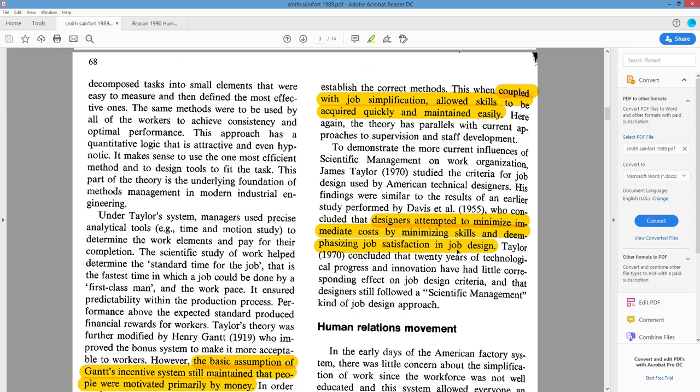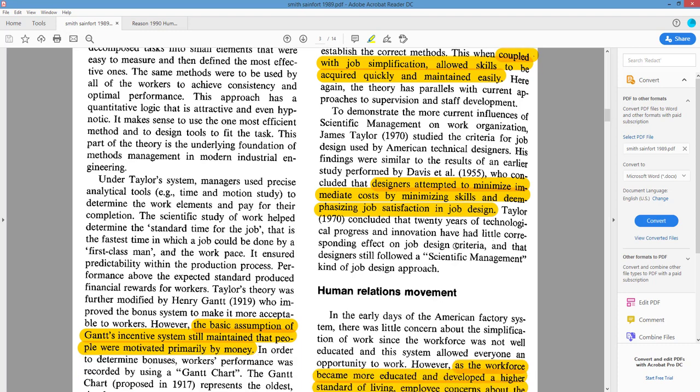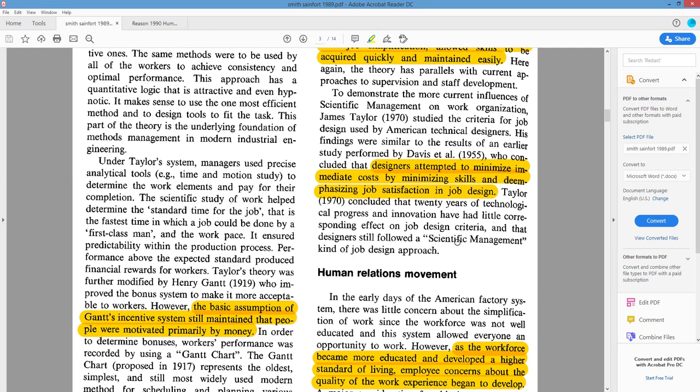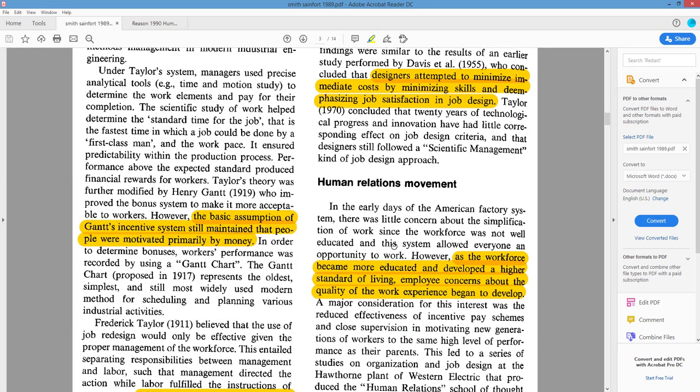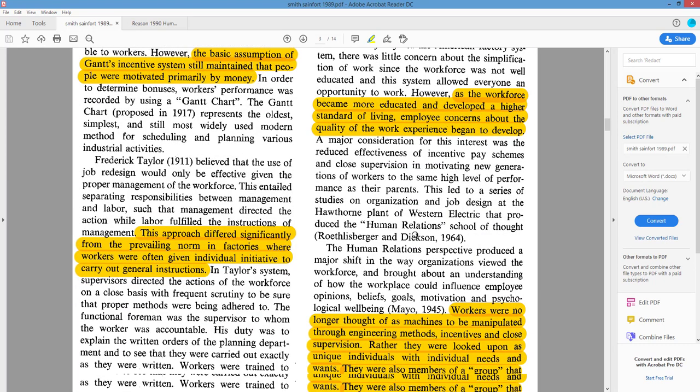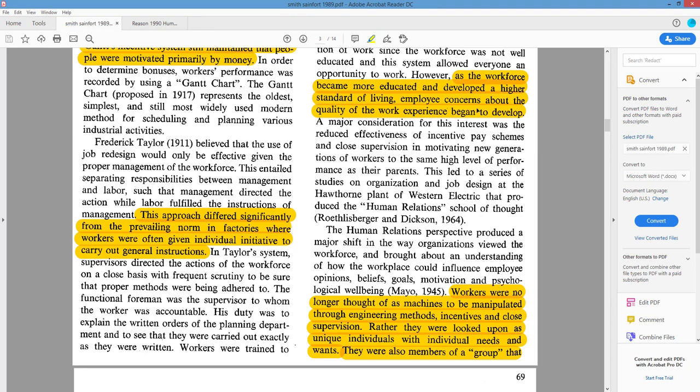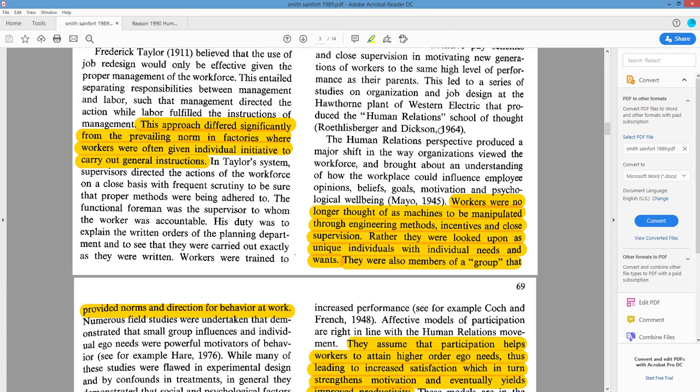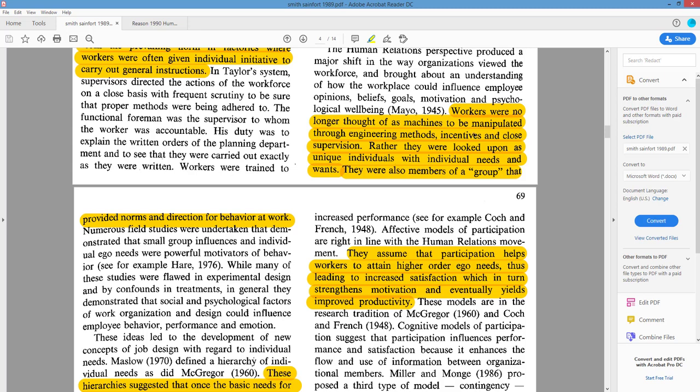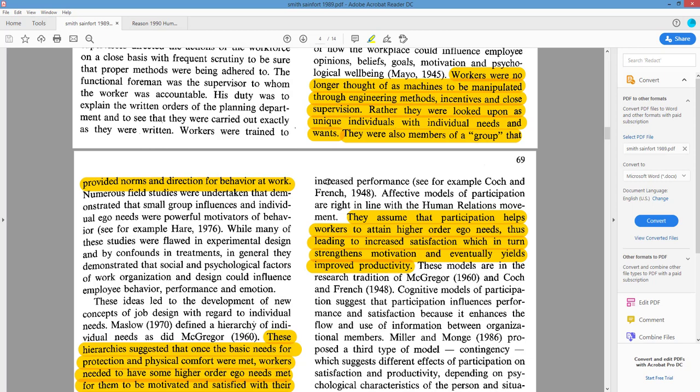What they're trying to say is that, and what the science, how it changed over time, is that workers want to be satisfied. There are other needs they have, and so now we get into the human relations movement. Because we do have an educated workforce, and they have concerns that go beyond just money now. See, it says workers are no longer thought to be machines, and that's the way a lot of you described scientific management, and that they also want to be a member of a group or belong. And so we're social animals. We want to be part of something bigger.